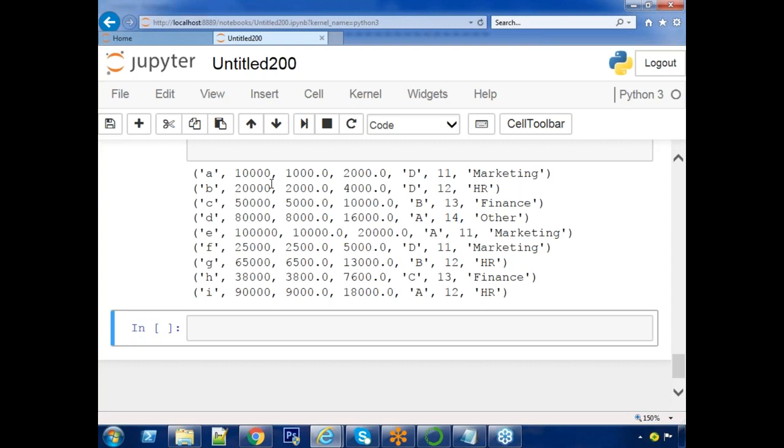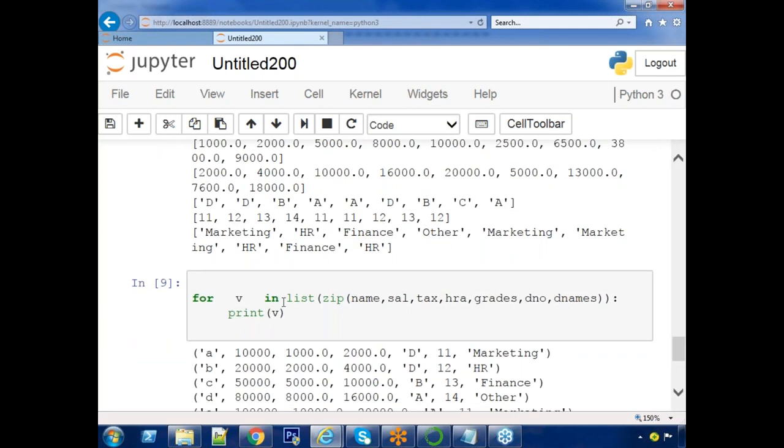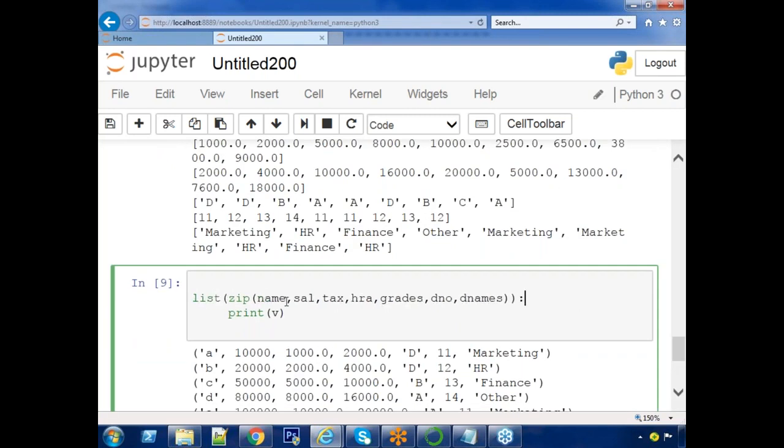This is the technique of how to iterate your for loop with multiple lists. Understand? At a time, your for loop has to iterate over multiple collections. So what is the function we applied here? Just observe only the function: list of zip of. What is zip doing? Element to element mapping, but it's not iterable. That's why I converted it into a list object. Now check it.